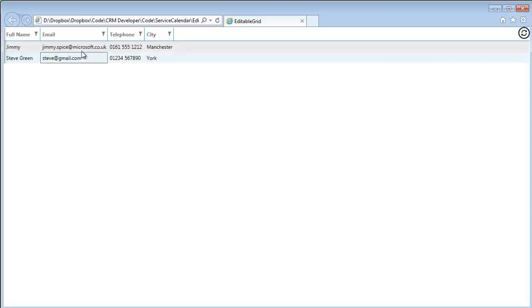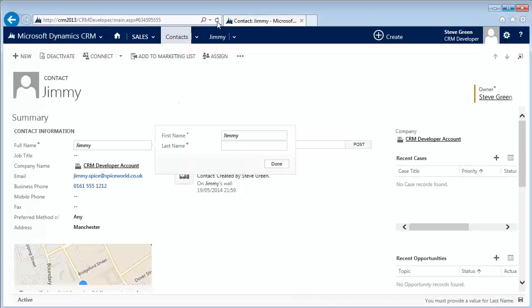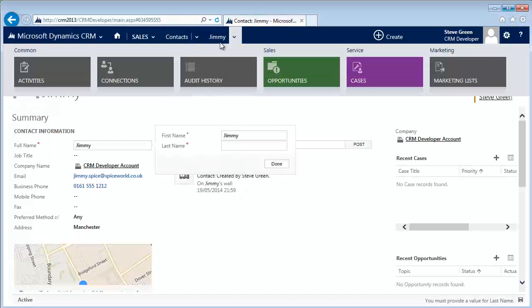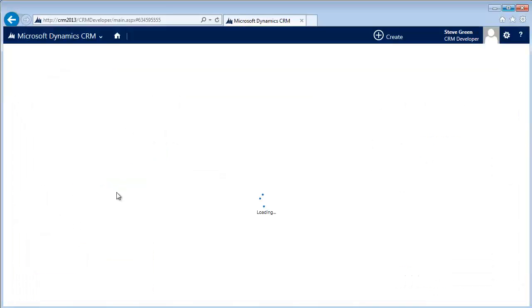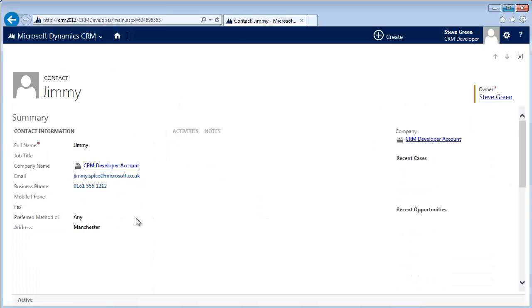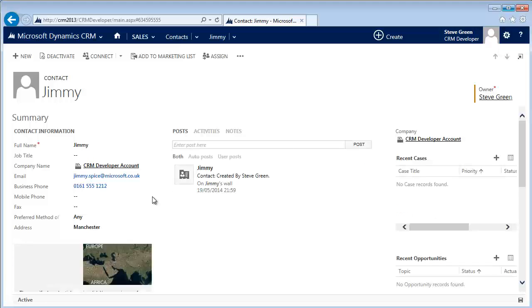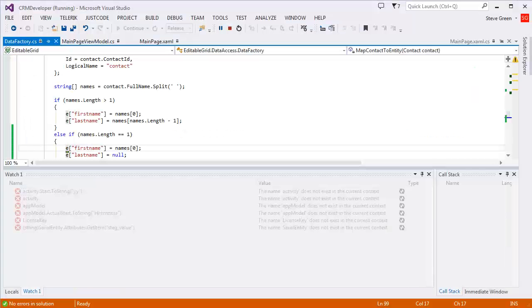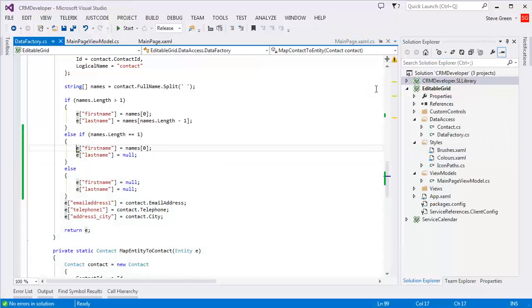Hit return. That's just so you saw the rad busy indicator pop up briefly. Again, go and have a look at the record, and it should have the updated email address, so that it's changed to the microsoft.co.uk. So I did mean to show you